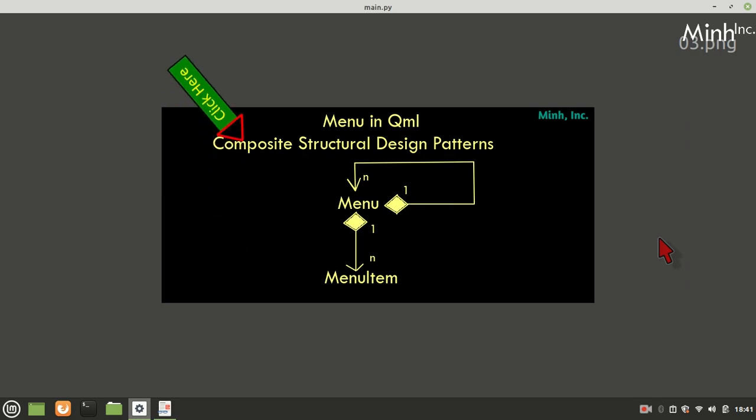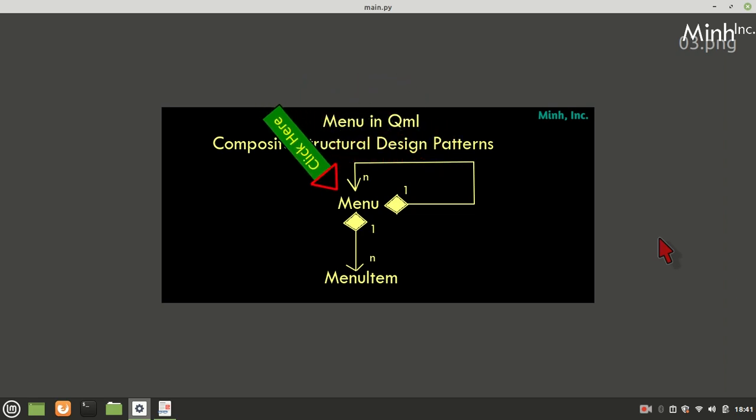Let's see the design. So Menu follows the composite structural design pattern. There are 3 kinds of design patterns: creational, structural, and behavioral. So it comes under a structural design pattern, and that is the composite design pattern. A menu is a container and can compose itself.